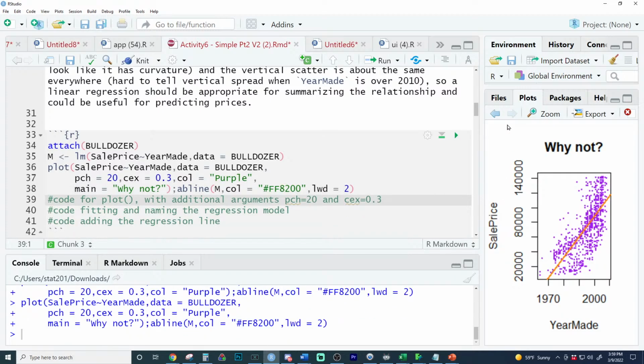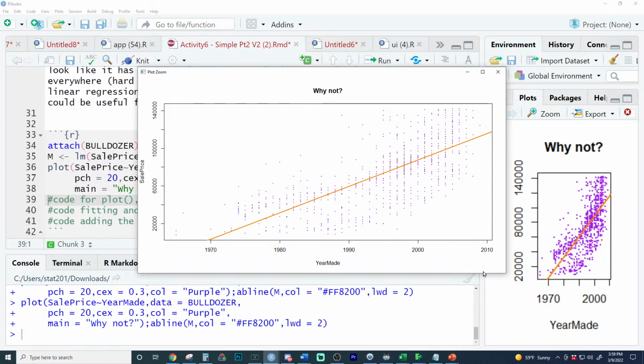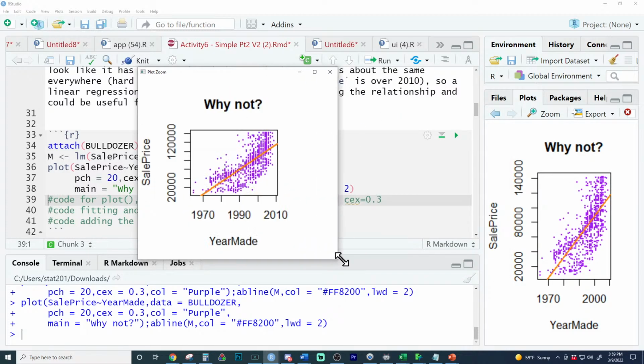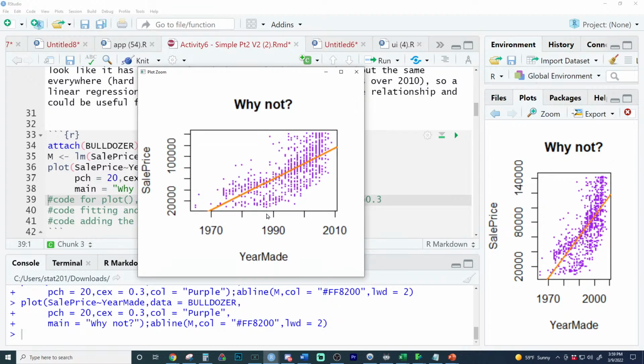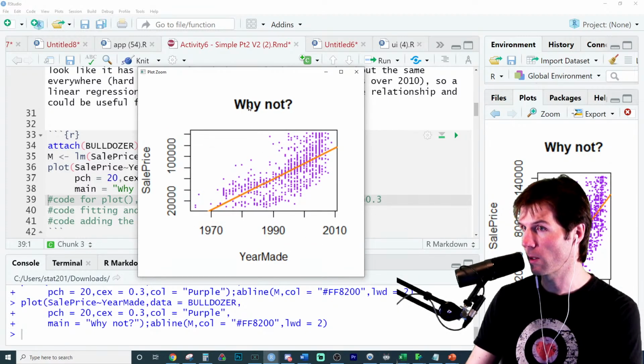So once again, you can make whatever plots you want, and this is just good practice at understanding how arguments work, and the plots will auto adjust to the screen size so you can get a plot looking the way you want. Now, besides all the fun coloring stuff, we really need to just understand what's going on with this